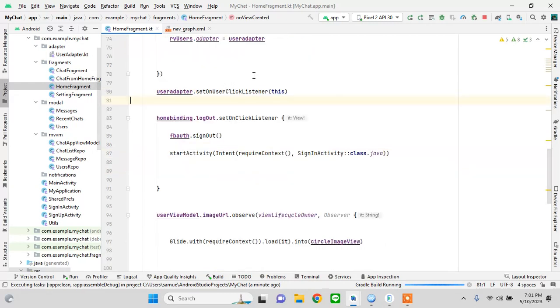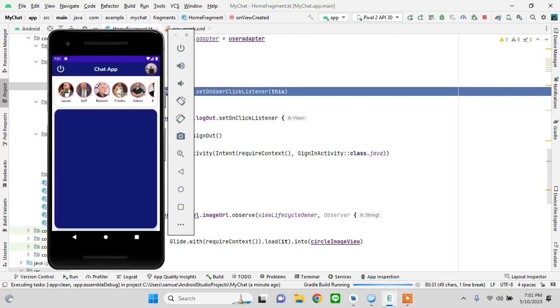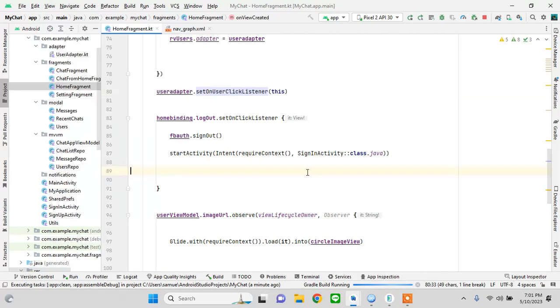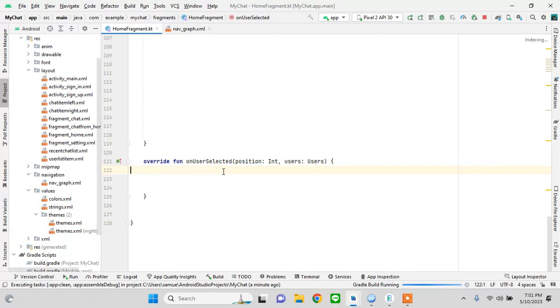Yeah, so this is going to help us to click on our user. So this is getting generated, and in this function that we have gotten access to with the help of the interface,